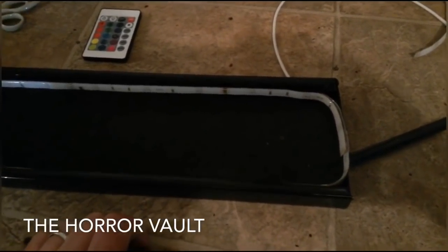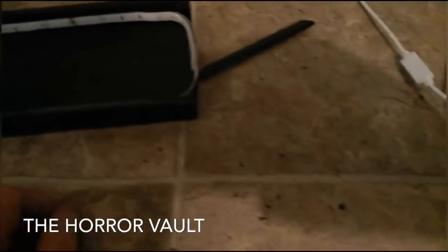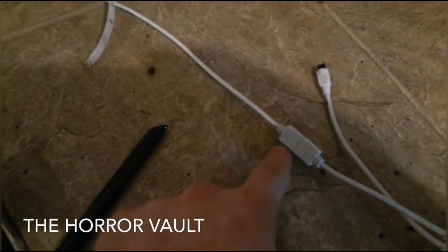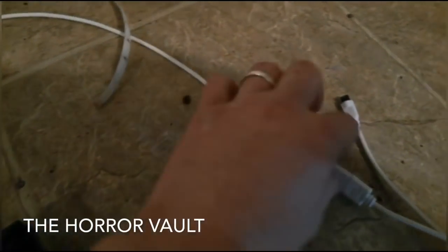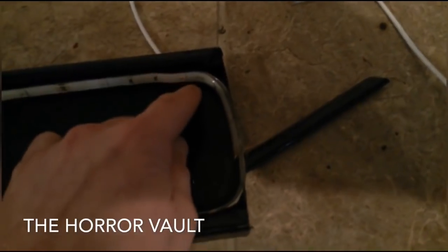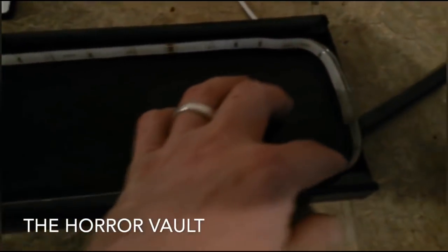And so today we're taking a look at three different ways to get that backlit marquee experience. Now, a lot of guys are out there putting LEDs up and lighting up the front of the marquee, but the authentic way to do this would be to have a backlit marquee. And so this gentleman here, the Horror Vault,